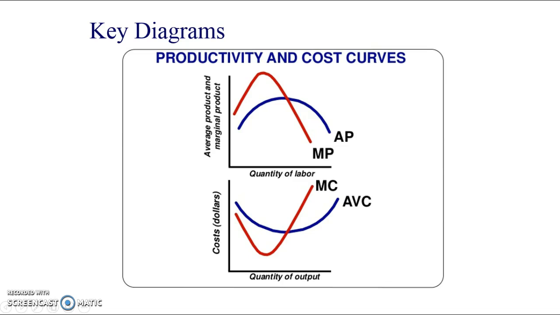Okay, these are diagrams from the short run. We've got the cost curves on the bottom here with average variable cost on this one, and usually you have your average cost as well, which is a little bit higher than the average variable cost, depending on how big the fixed costs are, of course. And we've got marginal cost intersecting it, and along the horizontal axis we've got the output,